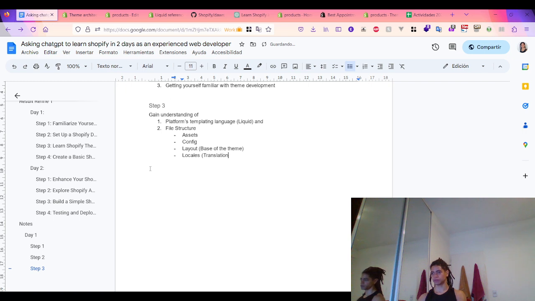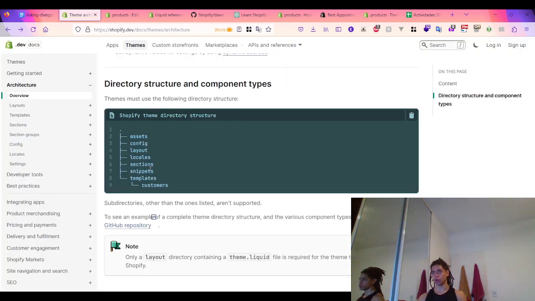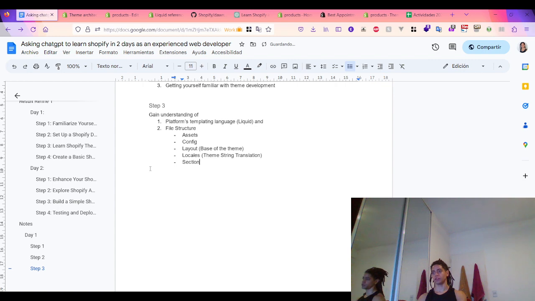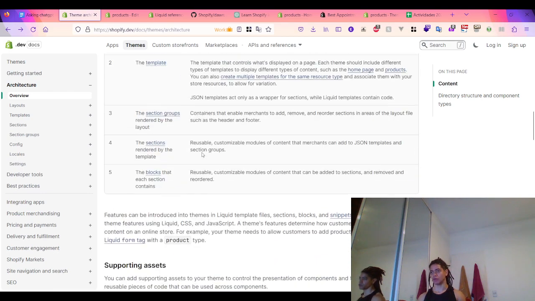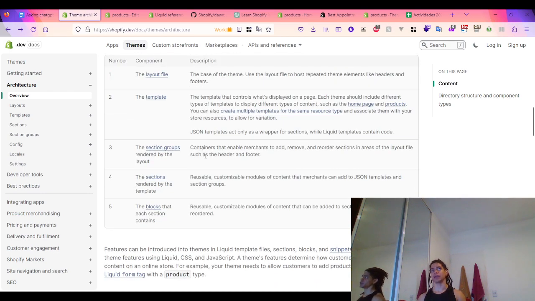Translation or strings translation, or you can say theme string translation. Okay, locales, sections. Now these are reusable components, whether it's HTML or HTML and Liquid,